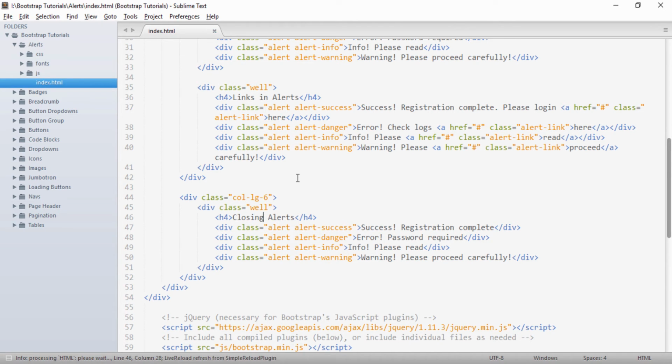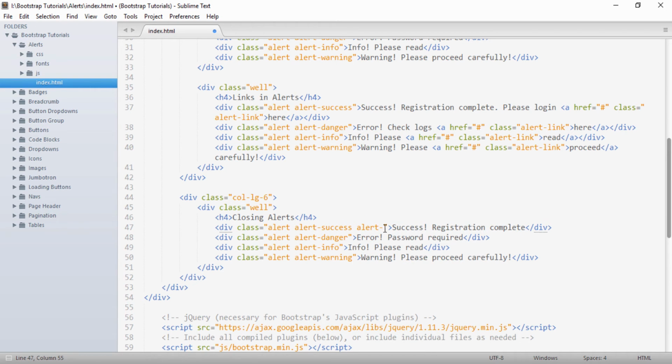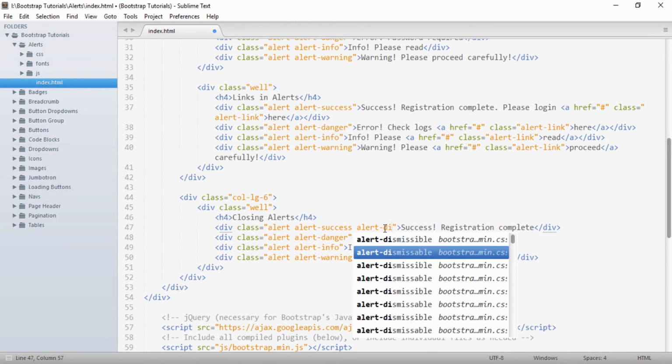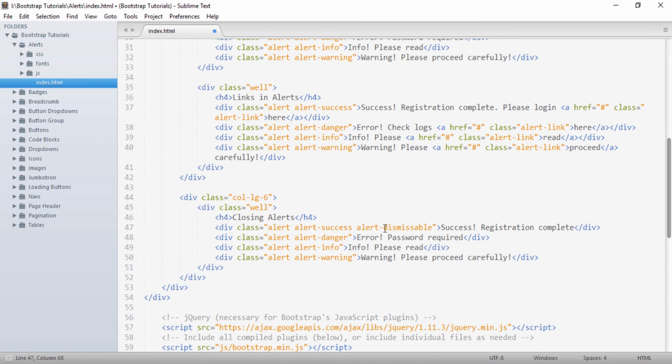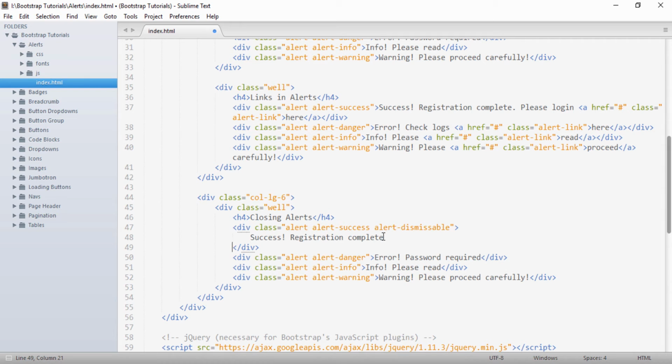closing alerts. So friends, in order to make a closing alert, we need to make a few changes to these basic alerts. So the first change will be, after providing the alert-success class, we need to provide a class as alert-dismissible, and so I will just make it another line.